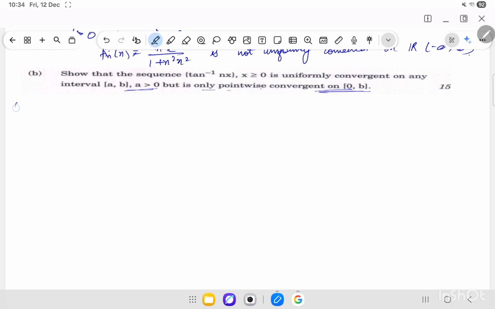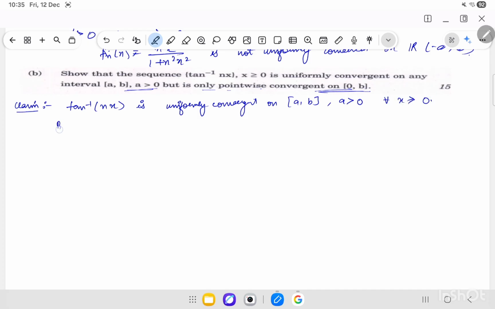So basically our claim is tan inverse nx is uniformly convergent on closed interval a comma b, and here a is strictly greater than 0, and it holds for all x greater than 0, but only pointwise convergent